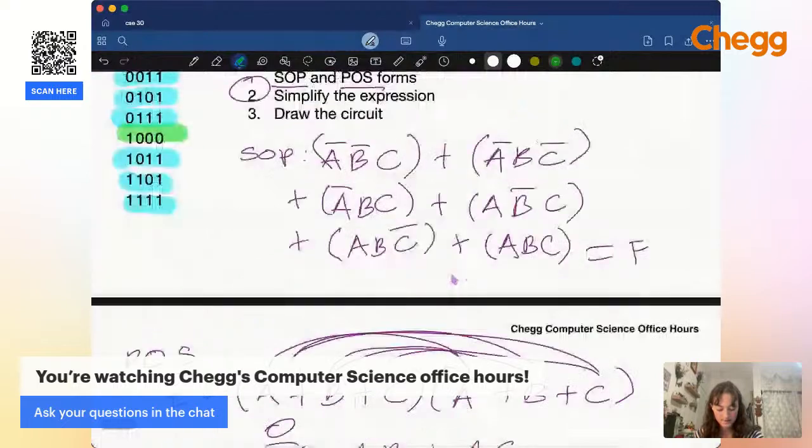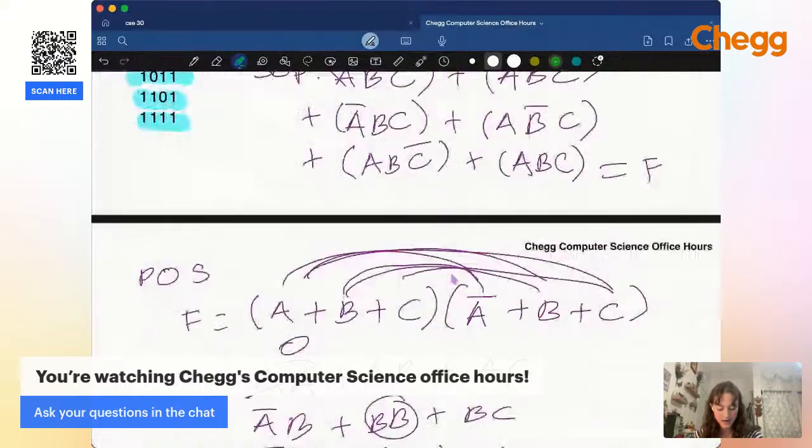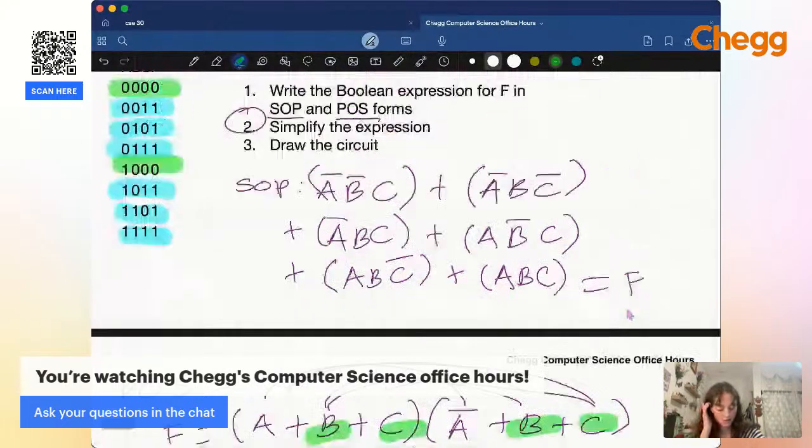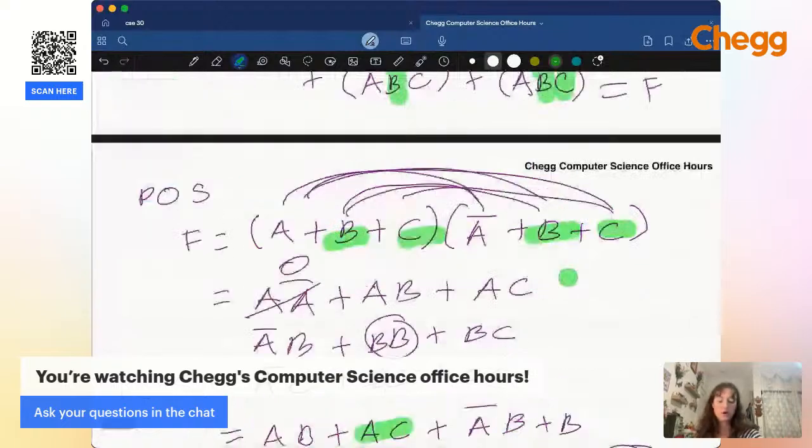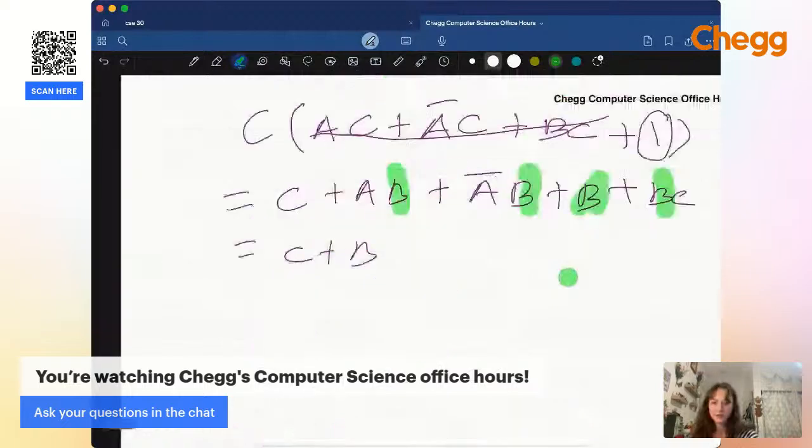Yeah, and we can see in our expressions that that covers all the cases, like, if B is true or C is true, then F is true. And we can see that here as well. So this is C, B, BC, C, B, and BC. So all we need is either B to be true or C to be true. Okay,